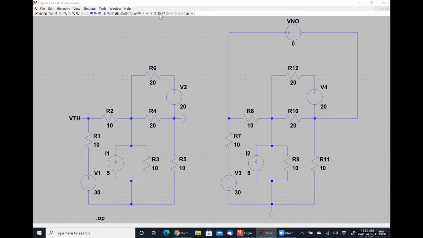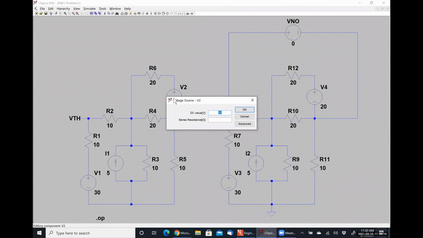So it's a very useful software package, and it's good to get introduced to it as early as possible to help you in other things. So if we have a voltage source, which right now this is a voltage source, if you right click on the component, that's how you can edit the values and all that kind of stuff. Inherently, it is set up to be a practical voltage source, meaning you can assign both a voltage value and a resistance. So you can use this to model practical voltage sources. If you click the Advanced tab,